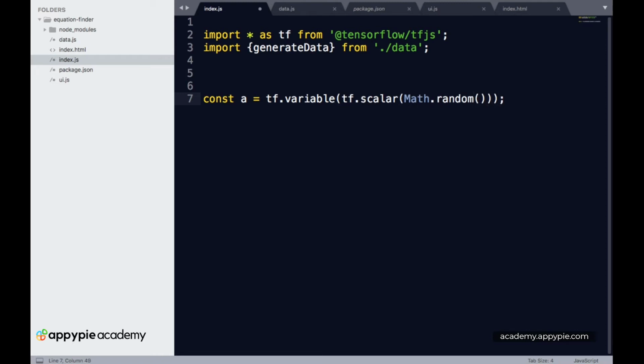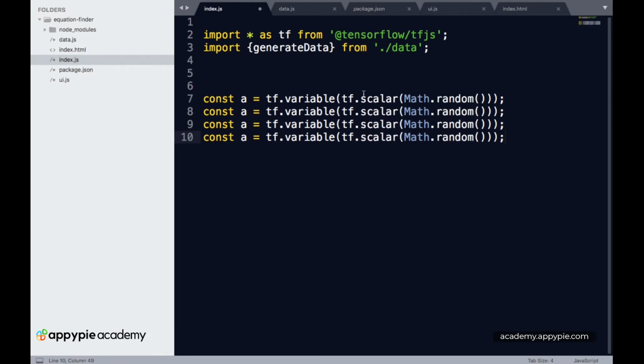With this we have basically initialized a constant a. So let's copy this. This is for constant b, then this is c, and this is d. So now we have constant b, constant c, and constant d. With this we have initialized all four constants which we need for the plotting of the curve.